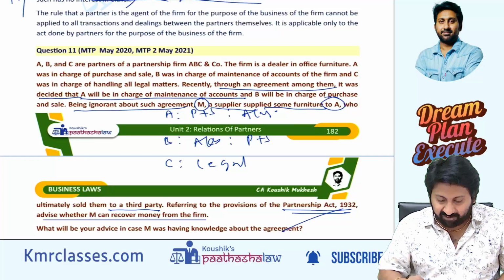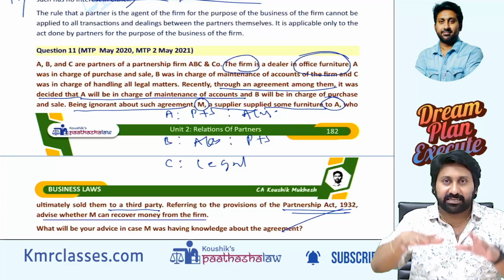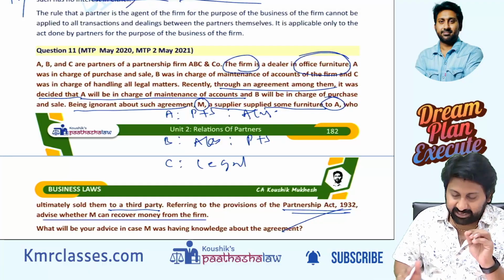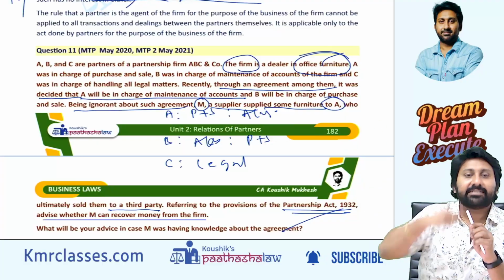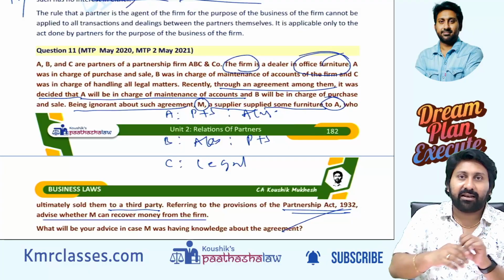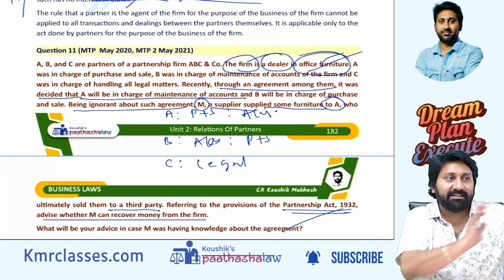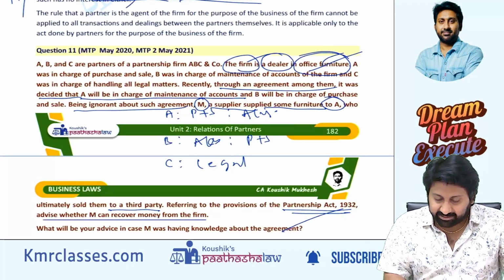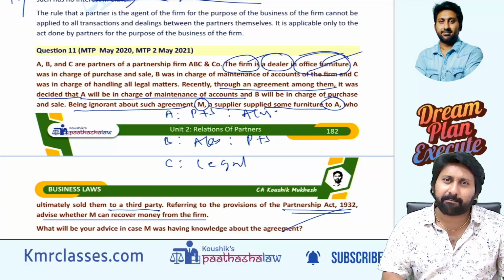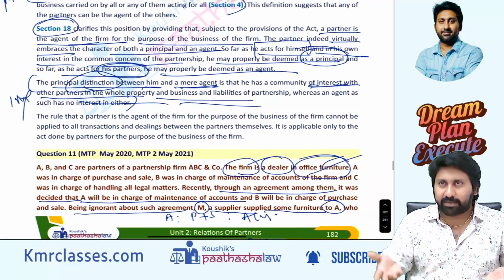The firm is dealing in office furniture. That firm is doing furniture business. They are dealers, not manufacturers. Now the question is, they will purchase furniture from Delhi and sell in Chennai. Supplier M is from Delhi. He supplied furniture, and the same furniture they will sell. They will purchase and they will sell. So for a furniture firm, furniture buying will be an implied authority, obviously. Whether it is a furniture manufacturing company or a furniture selling company, I will expect that partners have a right to buy furniture.